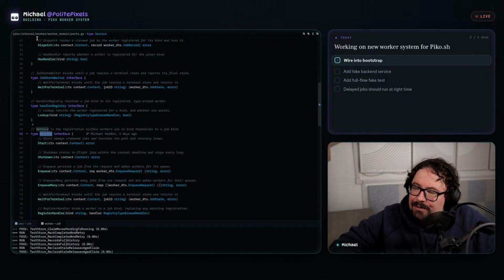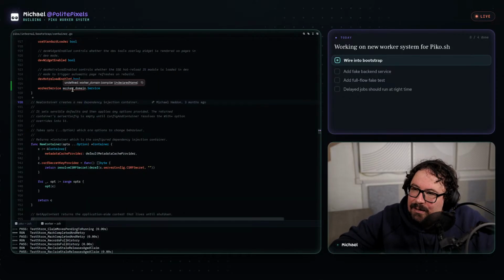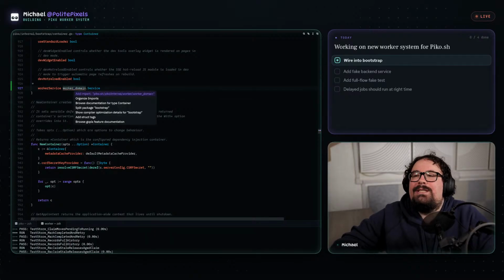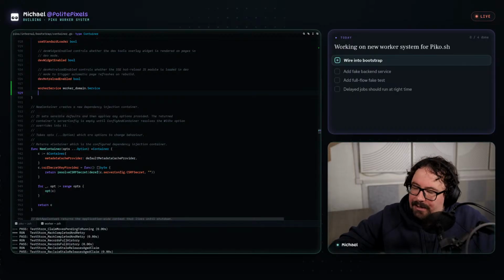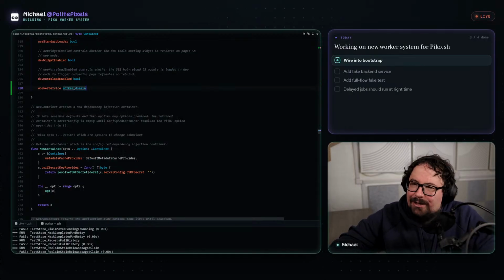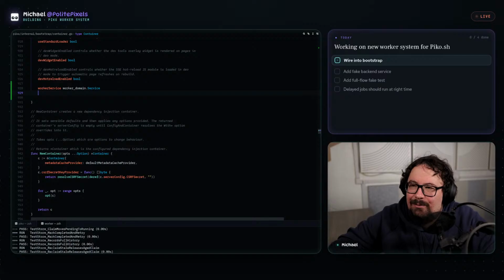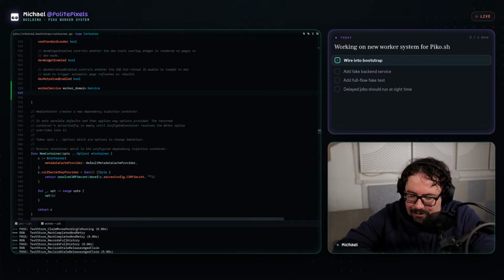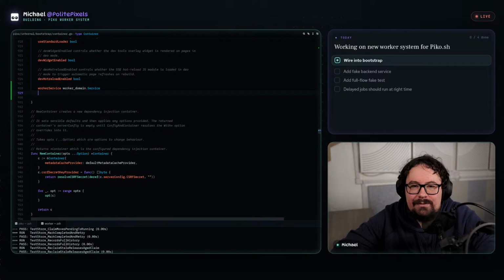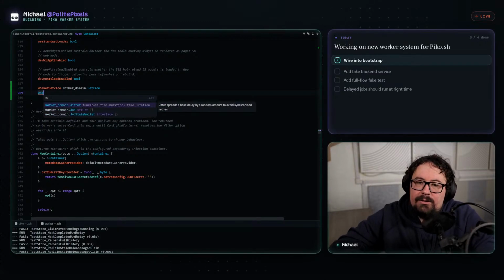I'm sorry, what? Worker domain. Oh, it's because you need to import it. Okay. Well, hold on, why could you find the other things? Okay, whatever, I can find it. I think Zed struggles to find interfaces if you don't import it into the file. So worker...